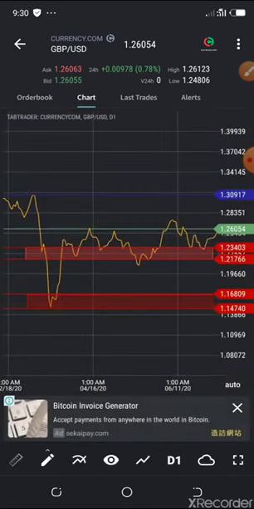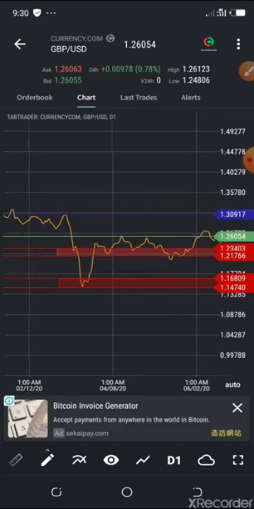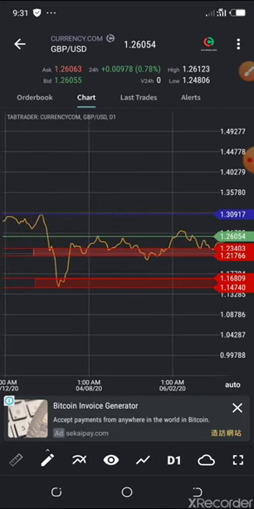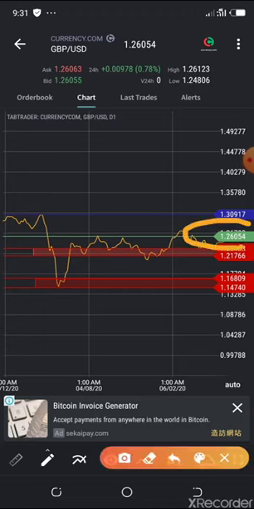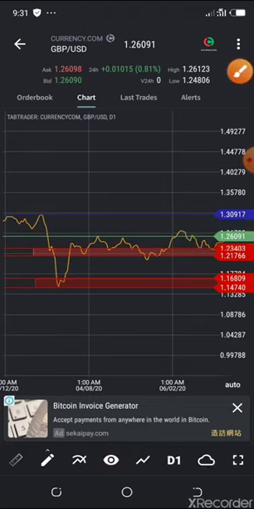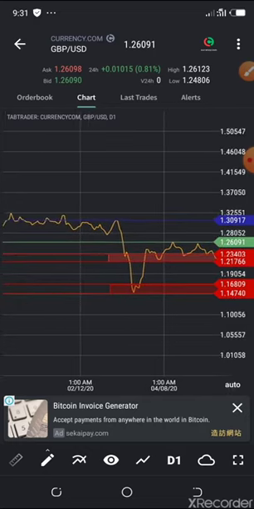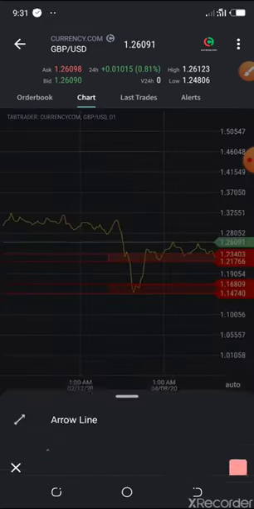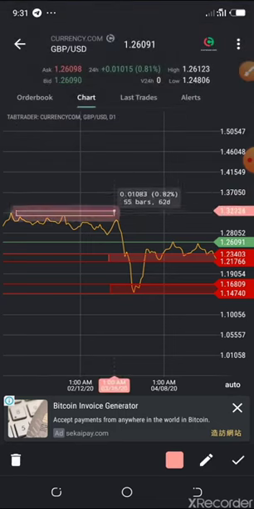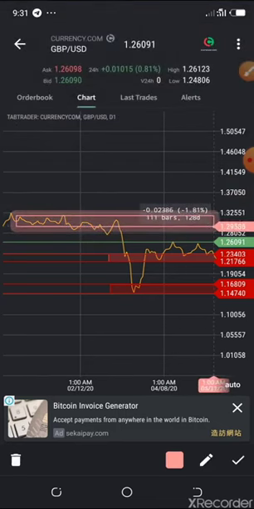Always know that support is below the current price level. The current price level here is this green one. So my support is beneath it, below it, and my resistance will have to appear above it. Resistance is above the current price, while support is below it. Okay guys, so let me pick my resistance. Remember I said it is a zone and not a point. It is a zone guys, a zone and not a point.